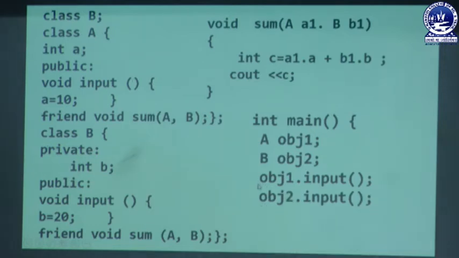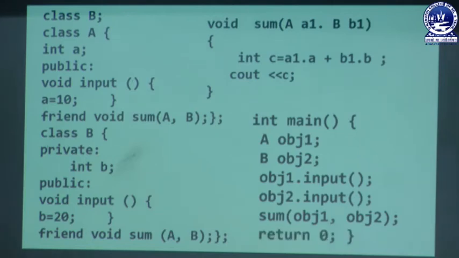Then obj2.input: the B variable of obj2 will be assigned 20. Then sum(obj1, obj2). Here we are calling the friend function, passing obj1 and obj2, and inside the friend function the values will be added and the output will be 30.